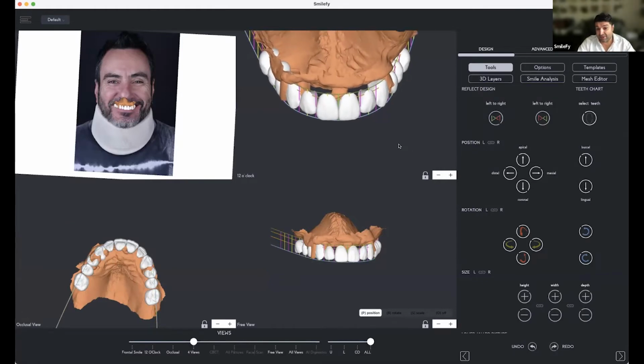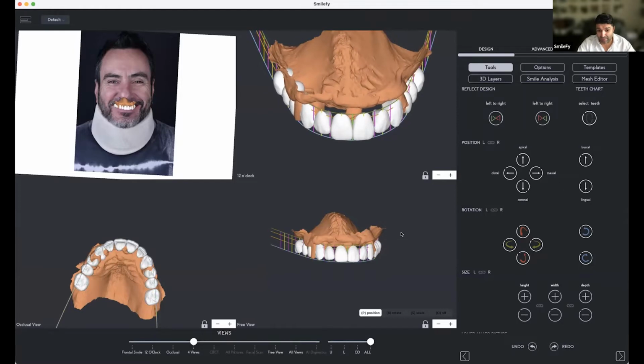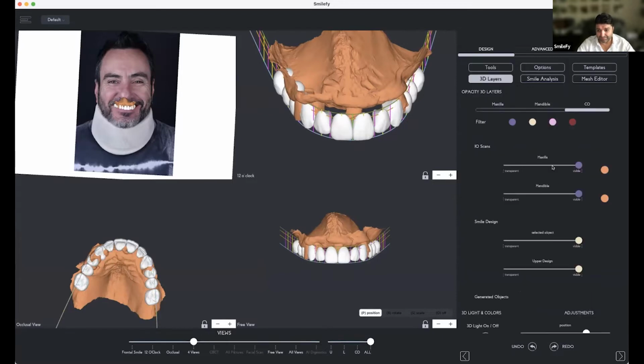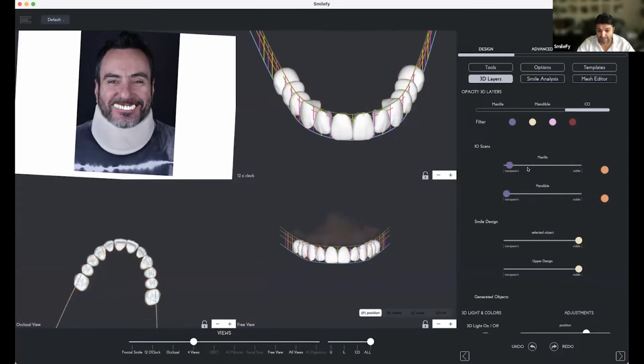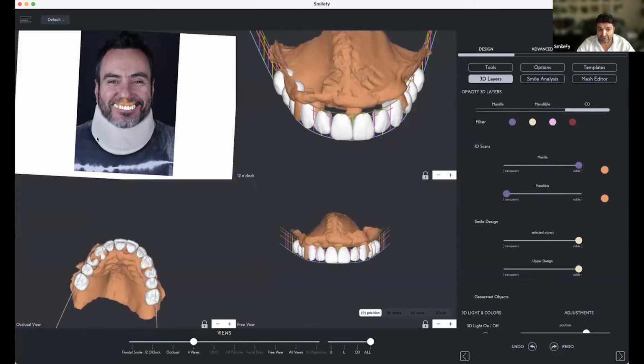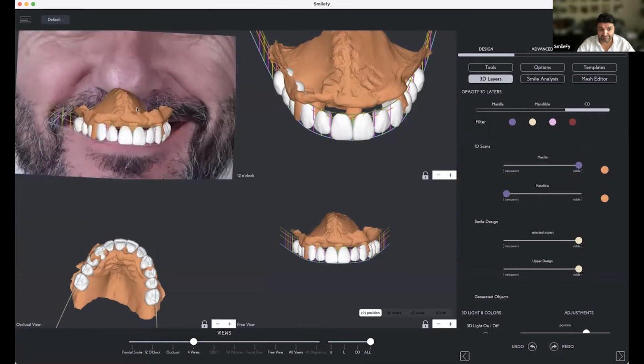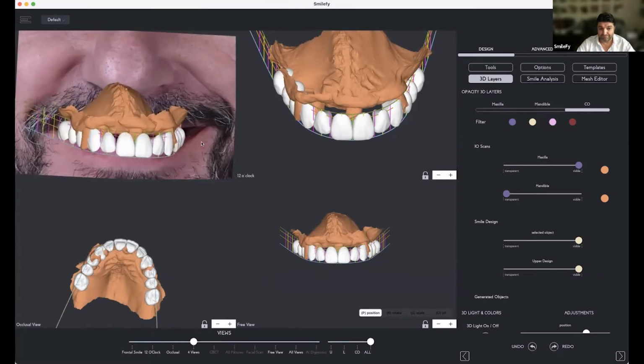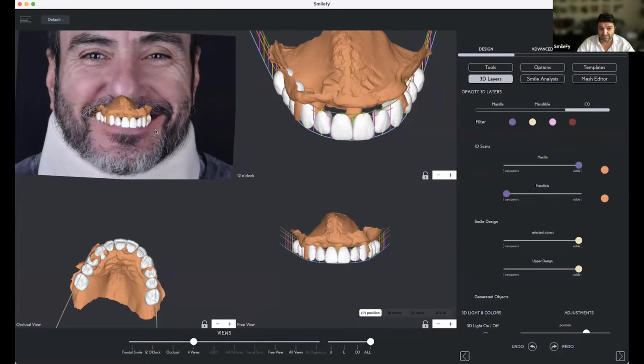Now, what I can see from our intraoral scan in this view, right? It's not even so bad. The position of the teeth and everything what we have here, it's not even so bad. But the problem is facially driven smile design. Here is the problem. That's the position of the jaw. That's the position of the jaw with the face.